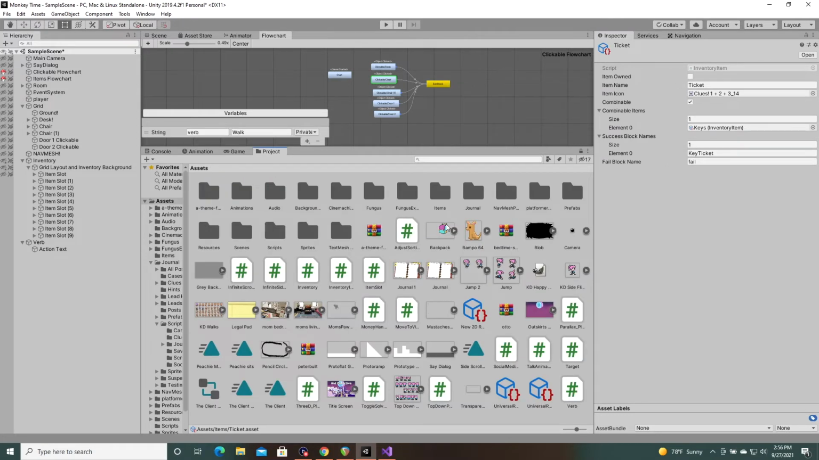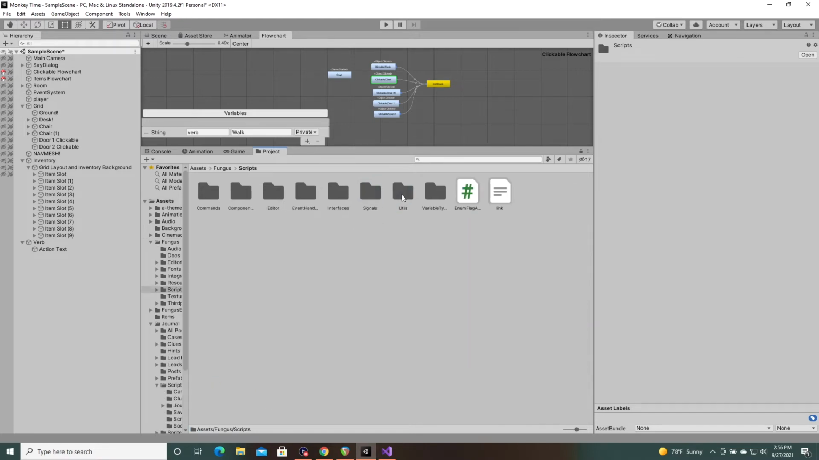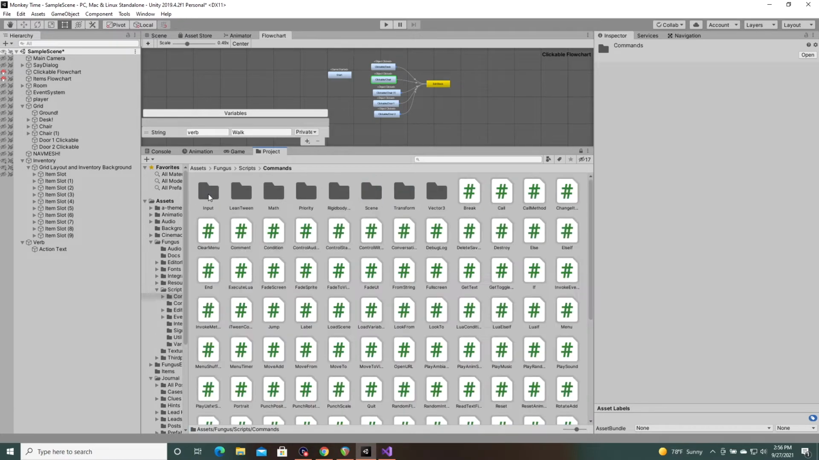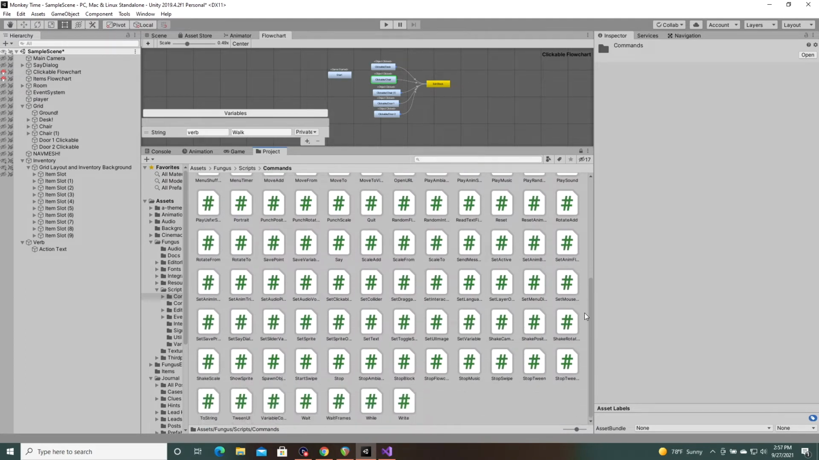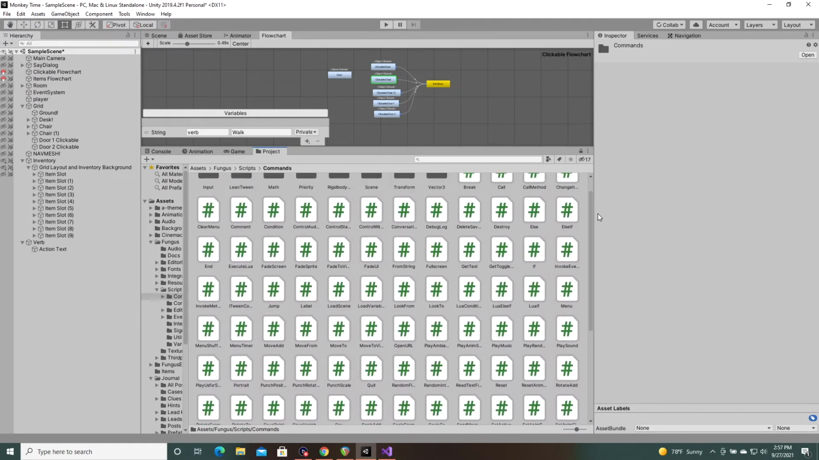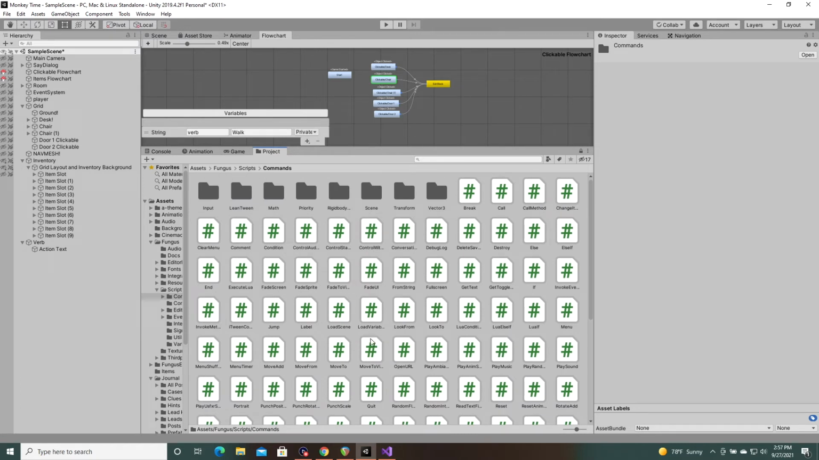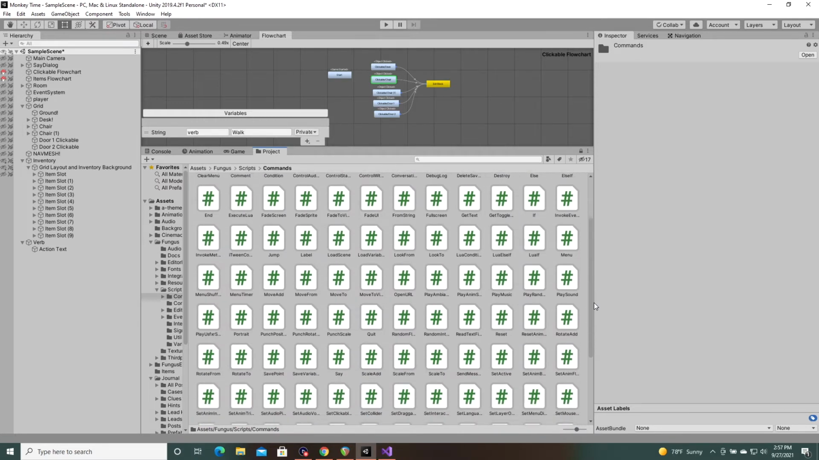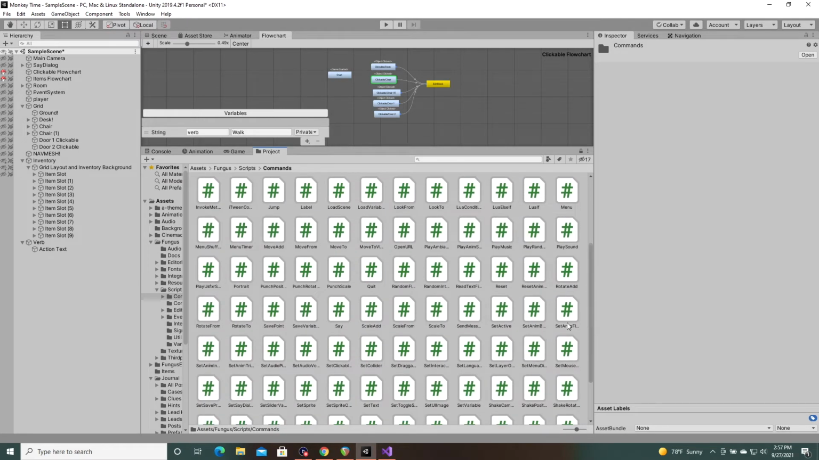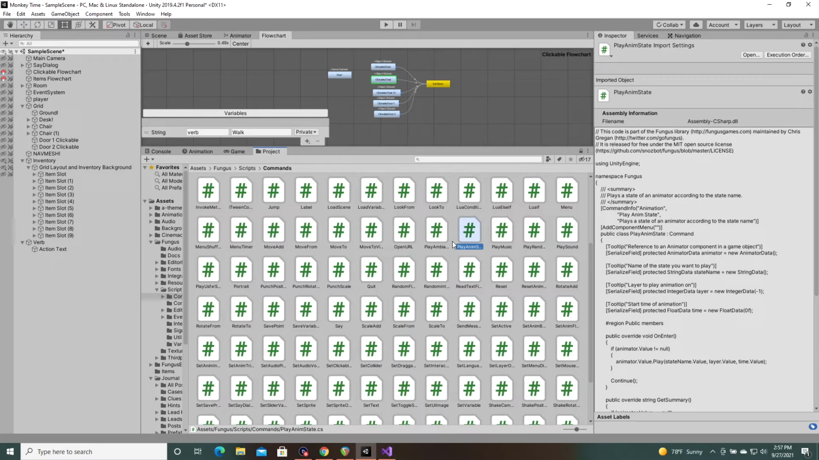Go in your project folder to your Fungus folder. We're going to go to scripts and commands. And here is the list of all of the commands that Fungus currently comes with. So it's fairly easy to create a custom command because you have all of these examples of custom commands. It's pretty amazing. So what I did to make this custom command is I went to this play anim state